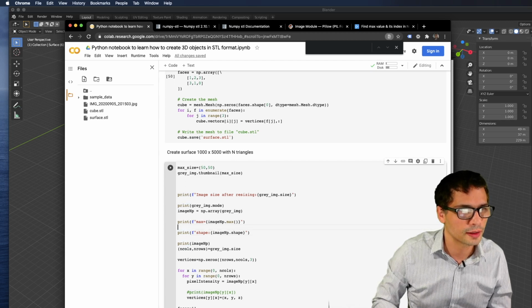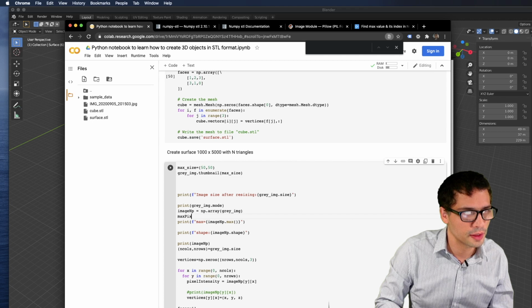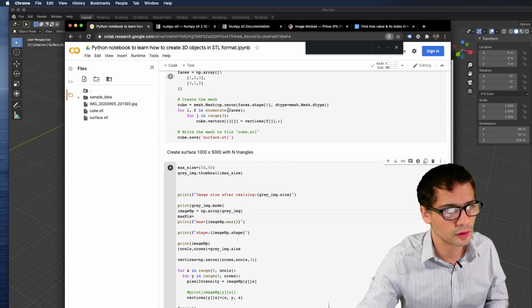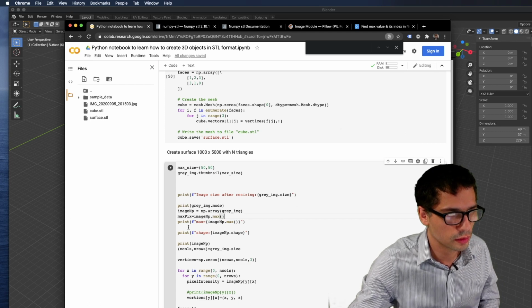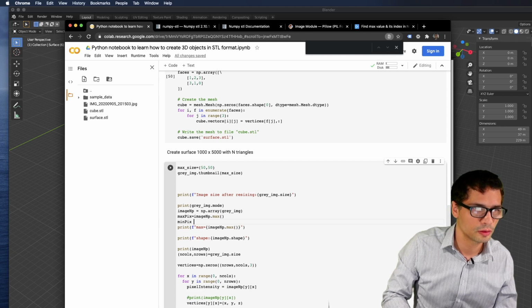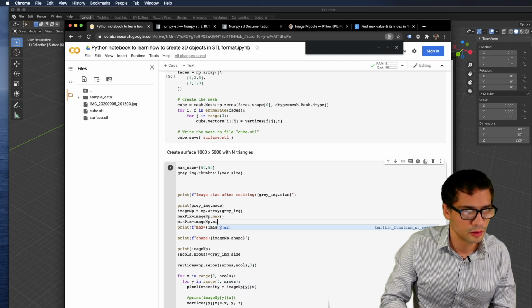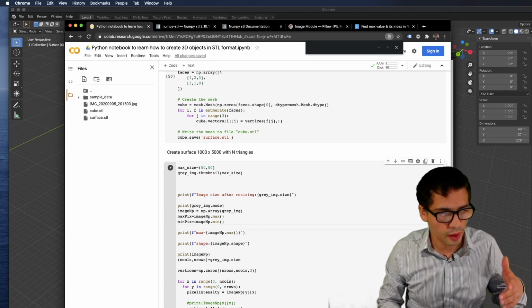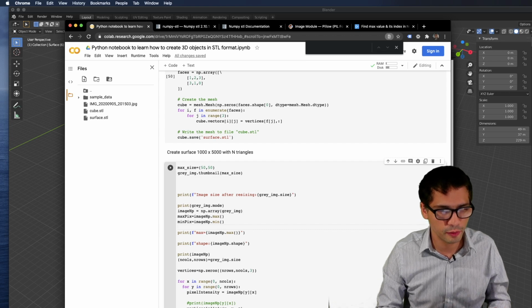Okay, so max pixel intensity, max pix equal to, and then min pix is the lowest pixel. Easy, right? So I have a max pix and a min pix.